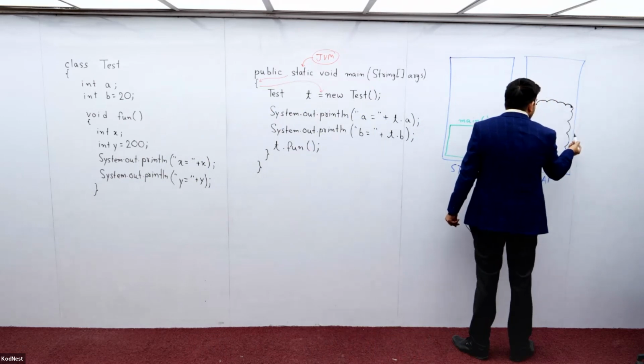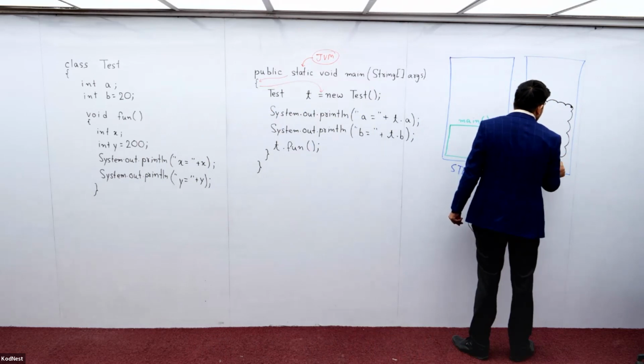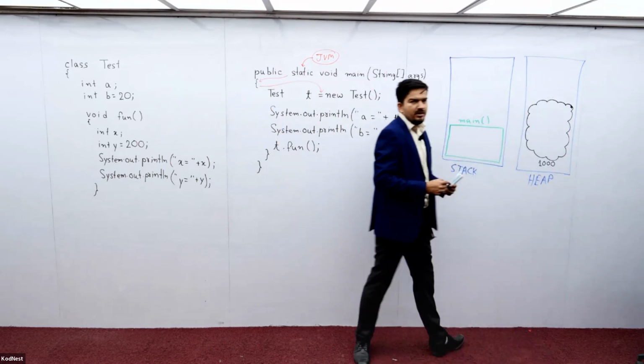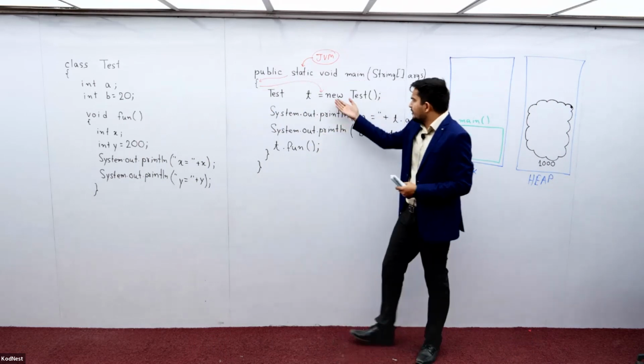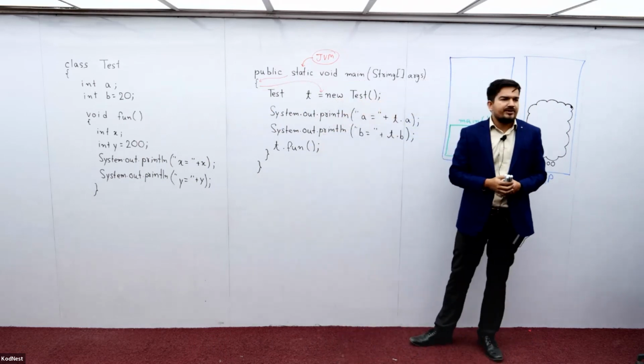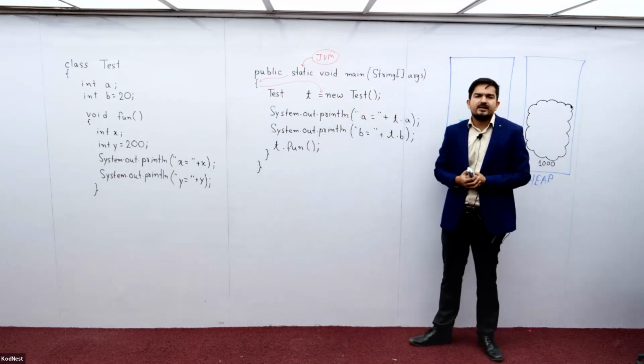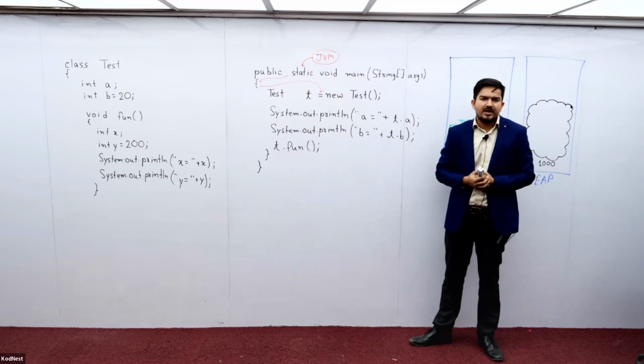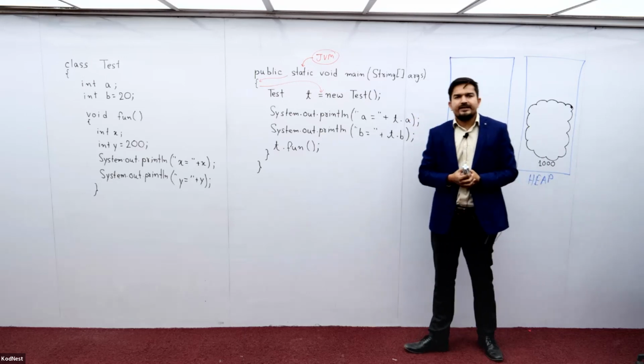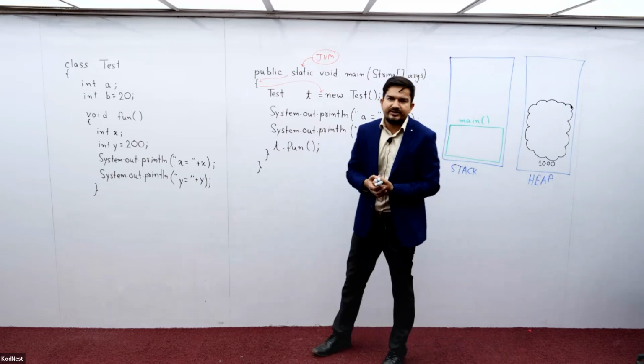This block of memory will also have some address. Let's assume the address to be maybe 1000. New is followed by what? New is followed by the name of the class whose object we have to create. In this case, the class happens to be Test. As soon as the JVM sees Test, it will go to the class called Test and have a look